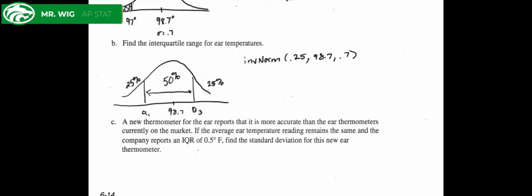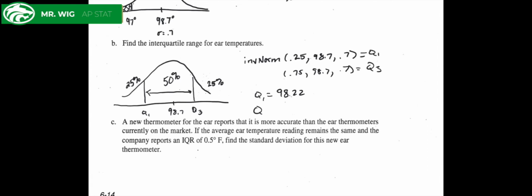Okay, back up a minute. Can you tell me why you used 0.25 here? Excellent. The first quartile, Q1, is that value. I can do the same thing again, but this time use 0.75 and 98.7 and 0.7, and that's going to get me Q3. Right? And so we do this. When we plug in inverse norm 0.25, 98.7, and 0.7, we get Q1 to be equal to